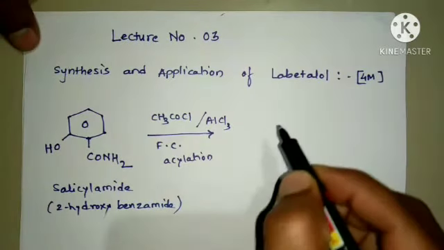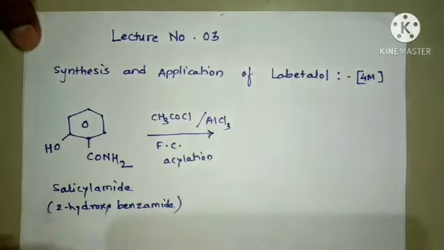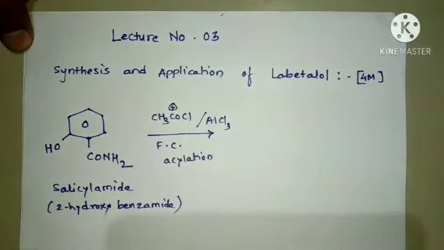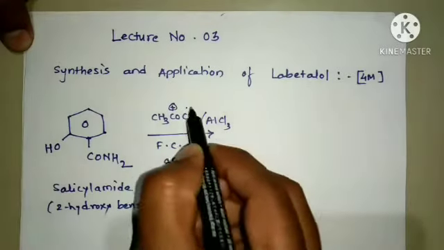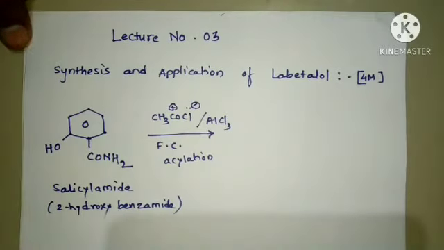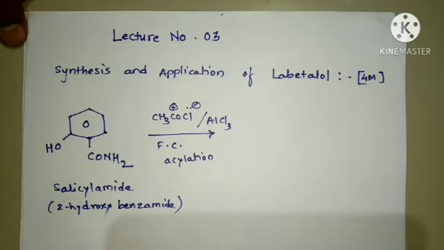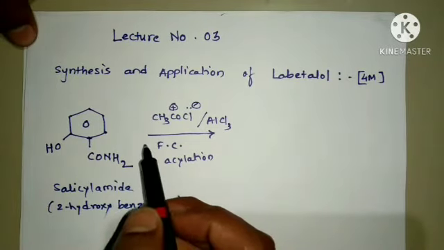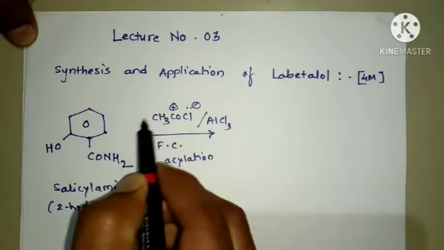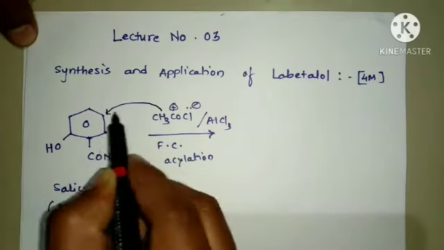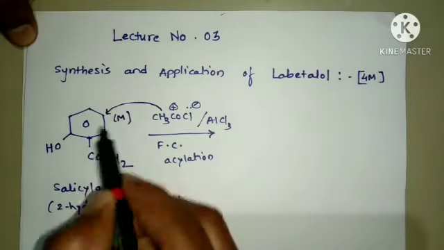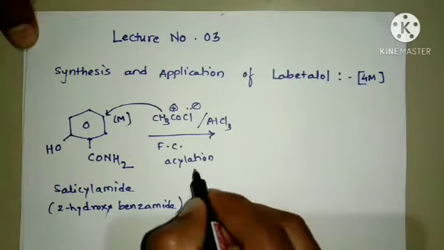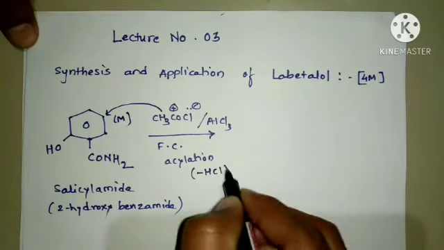After that, the acyl group in acetyl chloride, that is COCH3 plus and Cl minus. This is an electrophilic substitution reaction, and the electrophilic attack occurs at position 3, that is the meta position in salicylamide, with removal of an HCl molecule